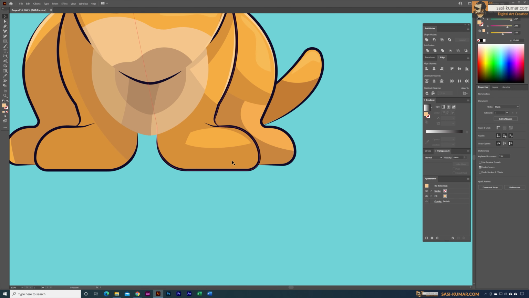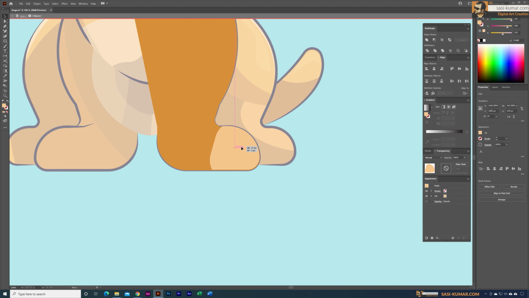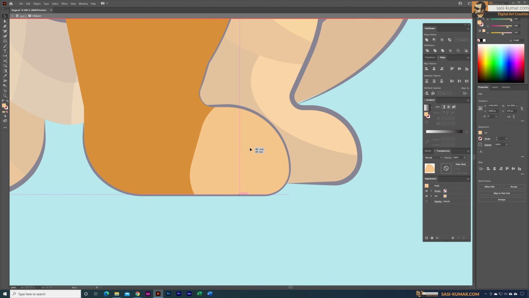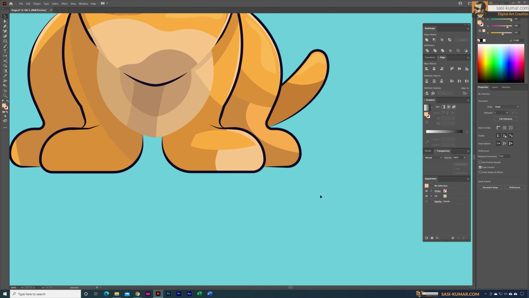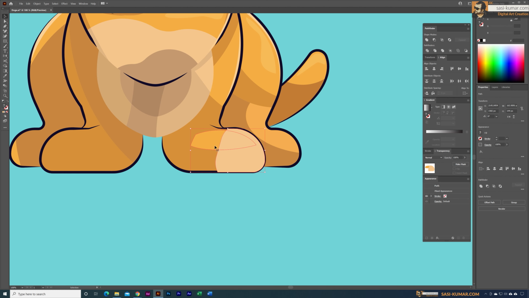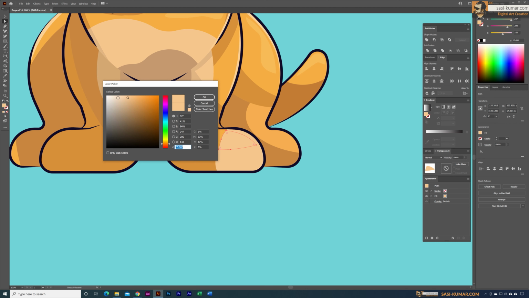We can bring it behind, cut, double click and paste, Shift Ctrl V to paste in place, and then we have our paws shape in here. We can add a little bit more detail to these paws. What we can do is cut down the paws from this shiny area. We can select both of these objects and cut it out, and now we can apply a lighter tone to this